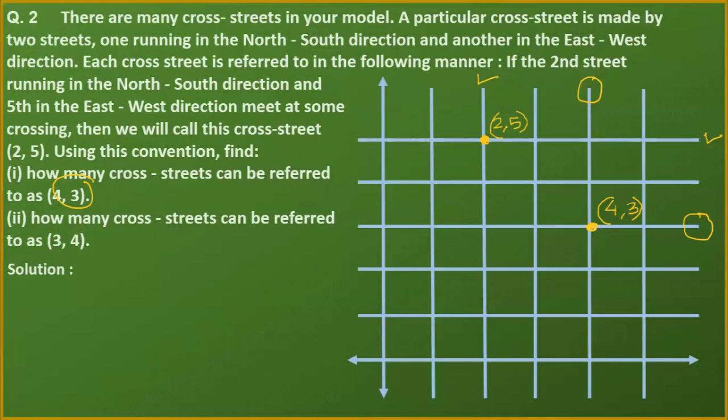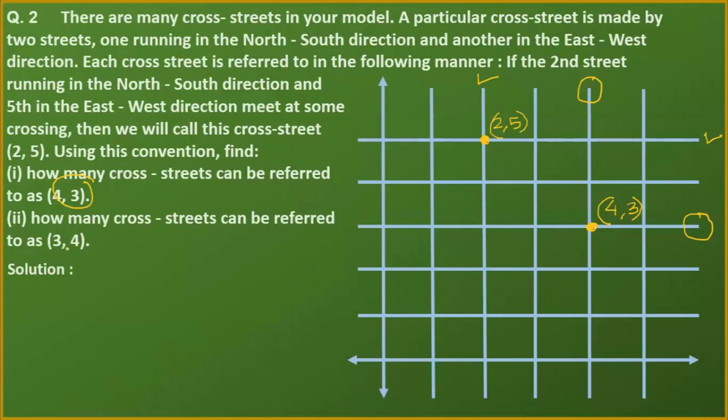So you tell me, are they intersecting at more than one place? Definitely not, because two lines can meet only at one point, that we know. After that they don't meet anywhere else. So this will be the unique location, as I told you in the beginning of the chapter, because every object we can define in a unique manner. So observe 4, 3, wherever they intersect, they will intersect at a unique point.